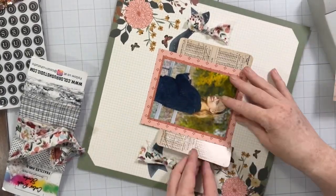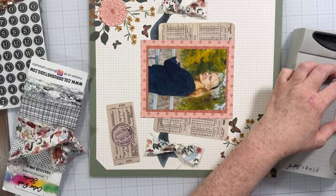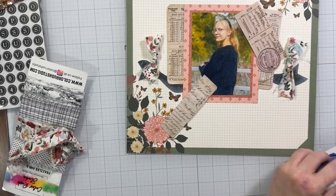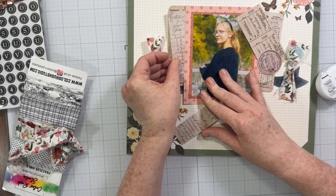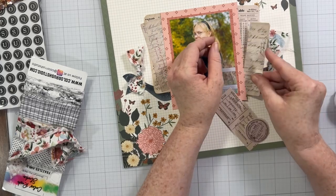This photo was taken in Pittsburgh, and a couple of these little ephemera pieces reference Pittsburgh. So I thought that those would be really fun to use. I also love these ones that have the handwriting. And as you can see here, once I start to put them down, some of them have a little bit of a pink hue to them, which is going to work perfectly with